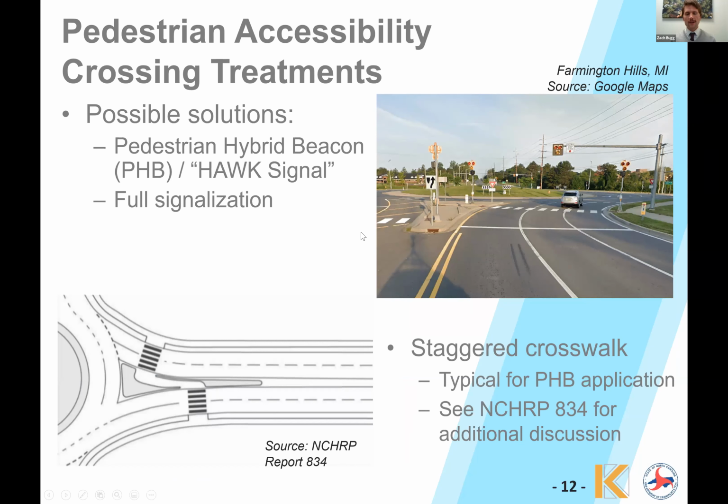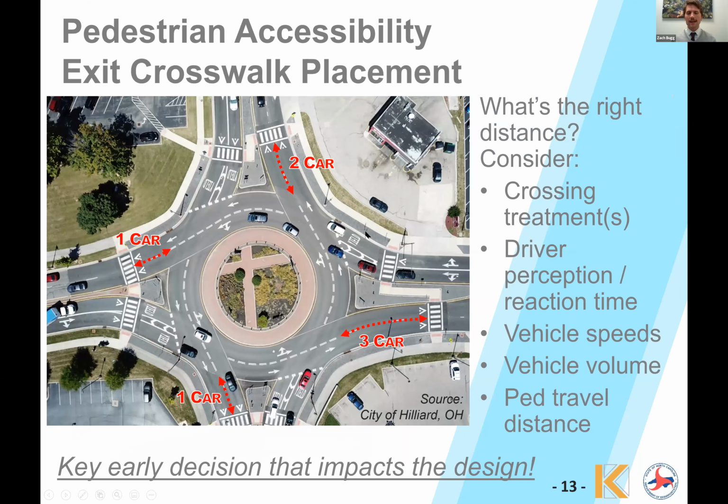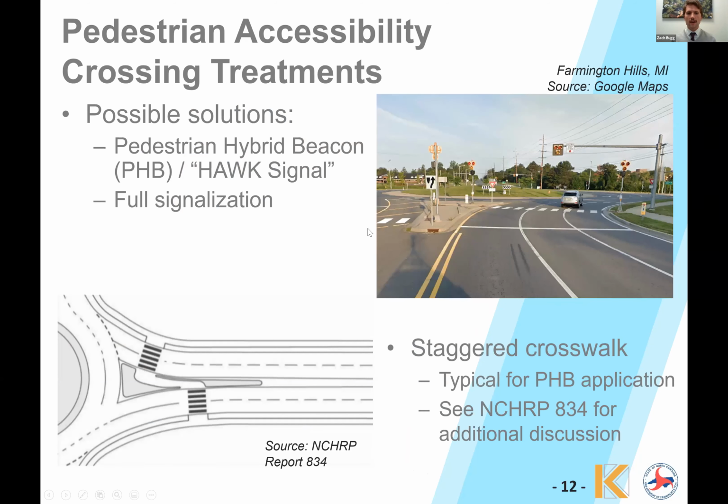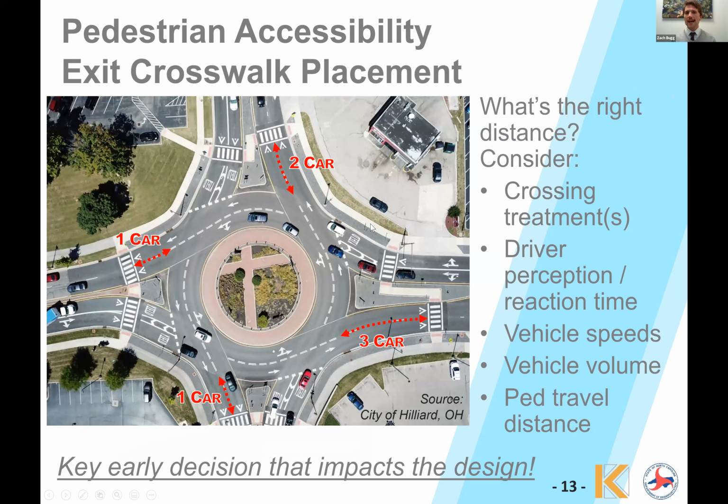And then I'll go through some crosswalk placement techniques, but here in the lower right is the staggered crosswalk, being one of them. You're able to independently design the entry and exit crosswalk and how you place that upstream or downstream of the yield line. So what does that mean, and why would we look at placing the crosswalk farther away from the yield line? Typically the guidance has said try to go for a 1 to 2 vehicle distance upstream of the